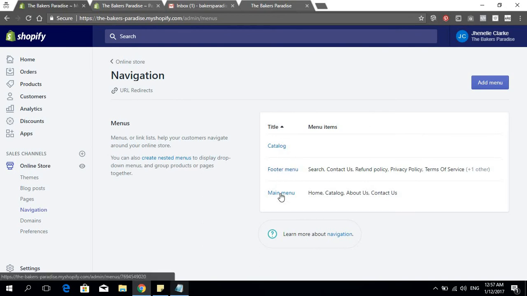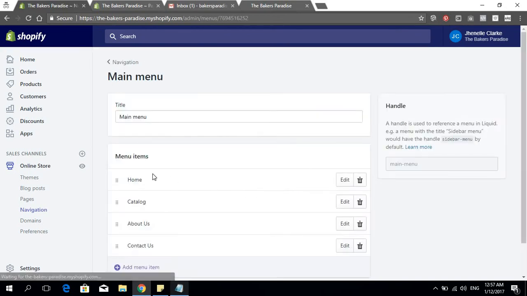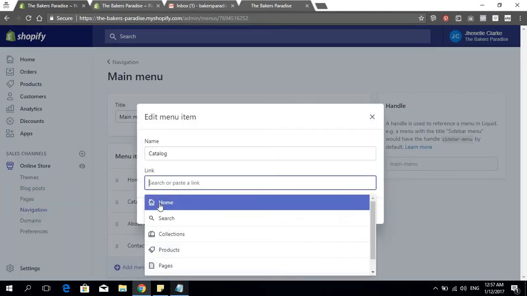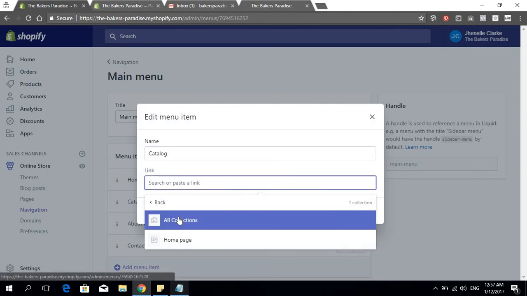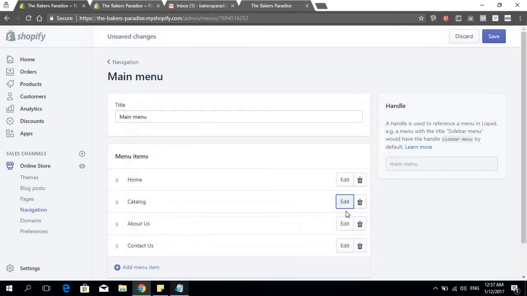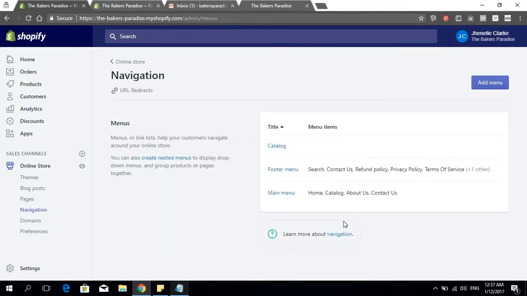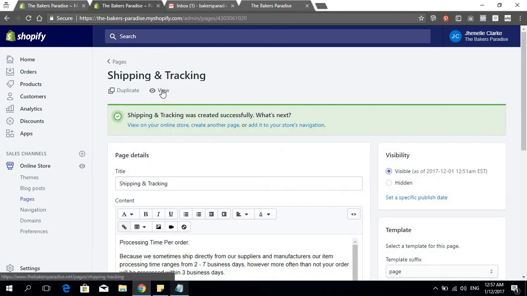And that's that. Actually, I forgot to edit this one. So we want to change this from all products to collections, to all collections, and apply changes. Hit save, and then this is your basic menu setup, and you can look at what that does